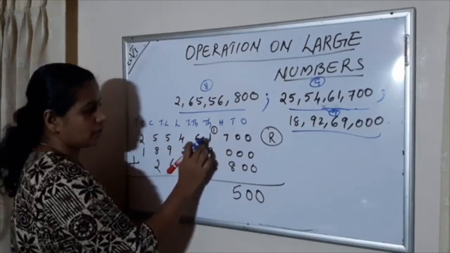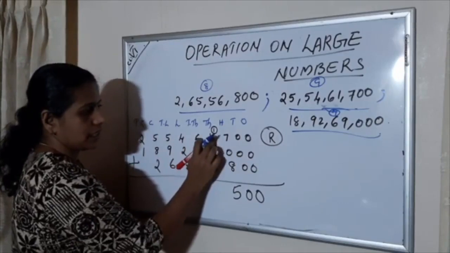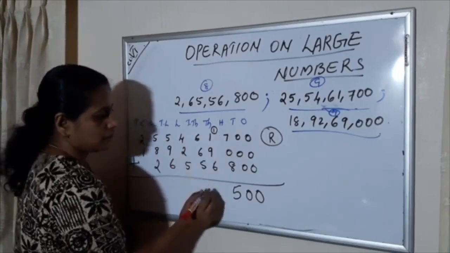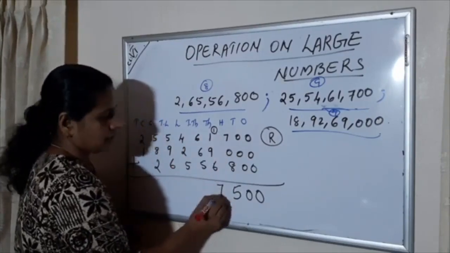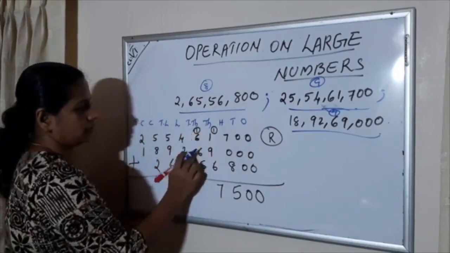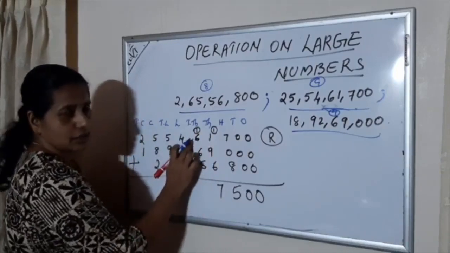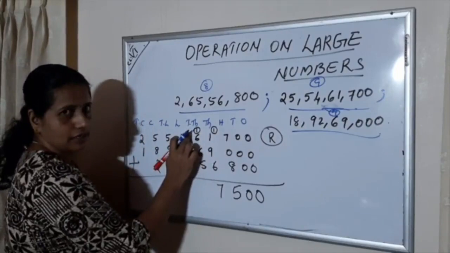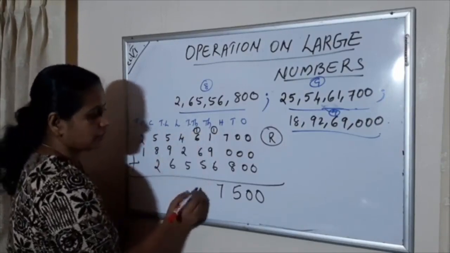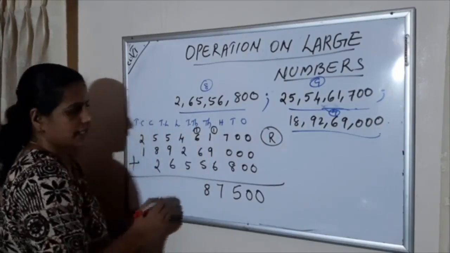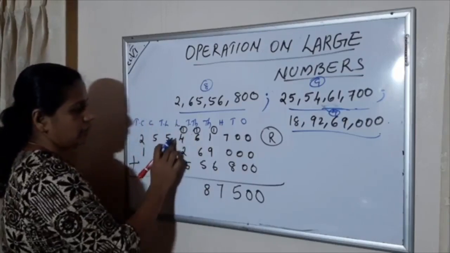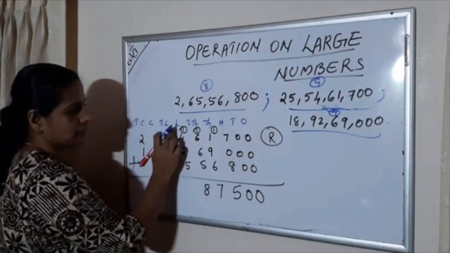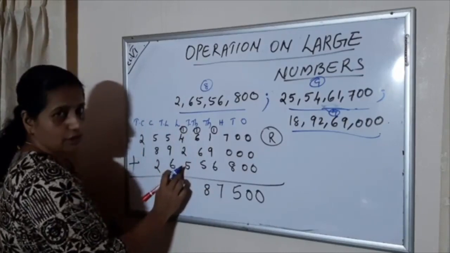For ease of adding, you can add first 9 plus 1, 10. 10 plus 1, 11. 11 plus 6, 17. 6 plus 6, 12. 12 plus 1, 13. 13 plus 5, 18. Again carry over 1. 4 plus 2, 6. 6 plus 1, 7. 7 plus 5,